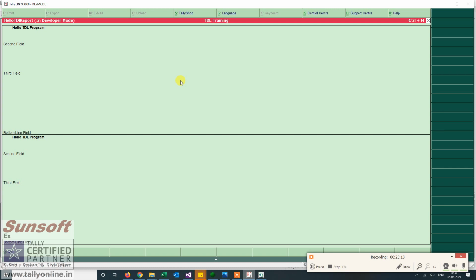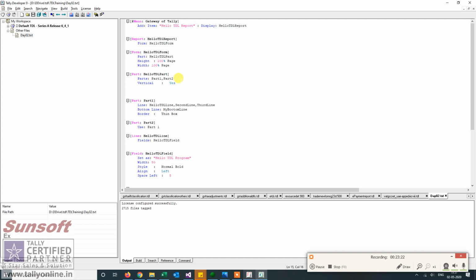So these are vertically aligned forms. So within a part, I can have multiple parts, and if I say vertical, they will be placed as top and bottom. If I do not define anything, then by default they are from left to right.